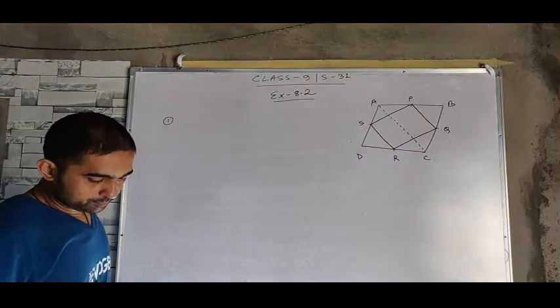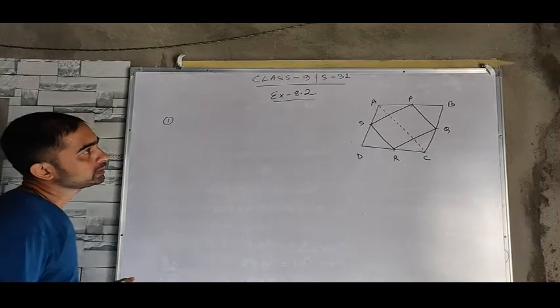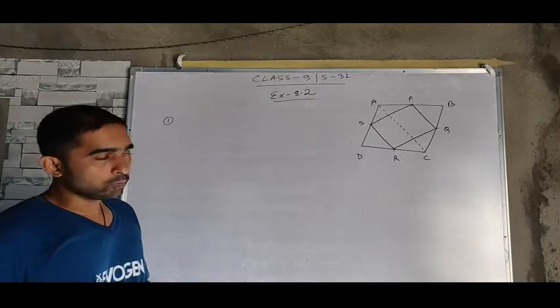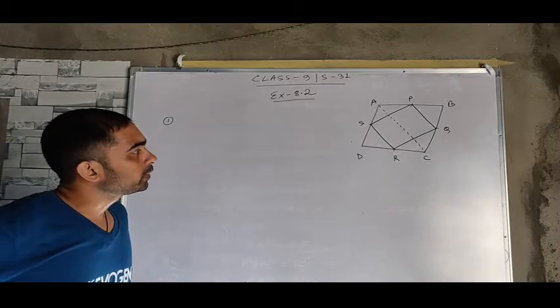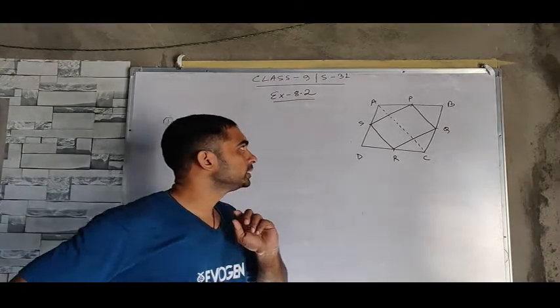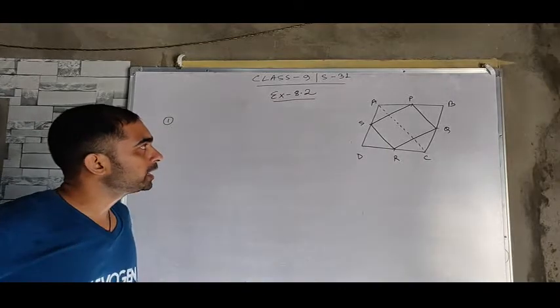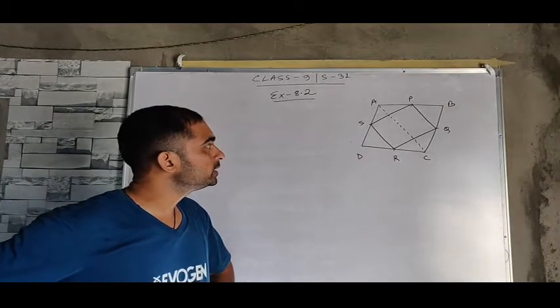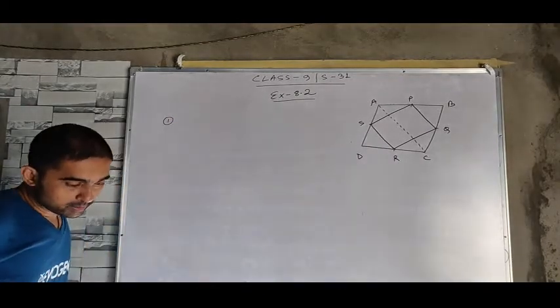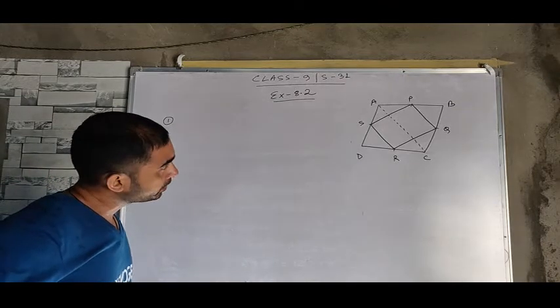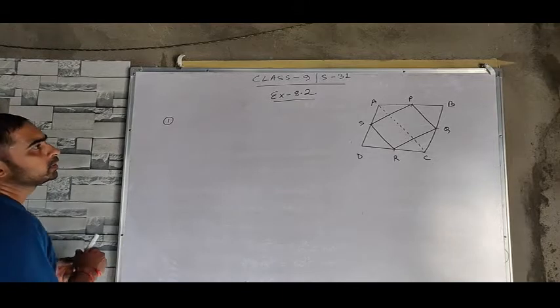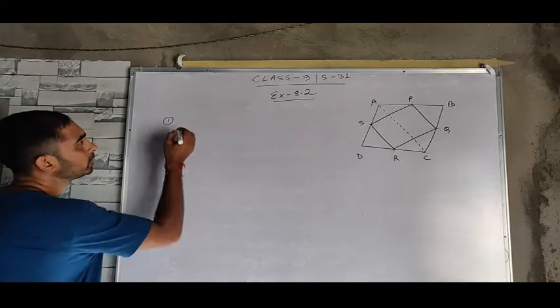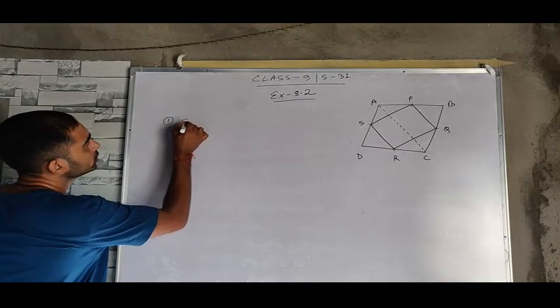Okay, this is the question now. So see here, ABCD is a parallelogram. We know that in a parallelogram opposite sides are equal, so AB equals CD and AD equals BC. Then P, Q, R, S are the midpoints of the sides AB, BC, CD and AD respectively. So the first part is prove that SR is parallel to AC and SR is equal to half AC. This is simply by the midpoint theorem. So, solution.